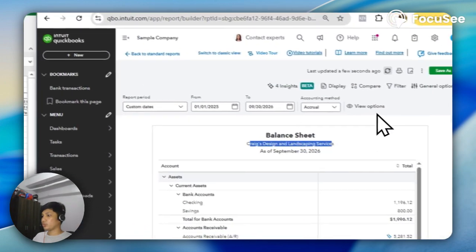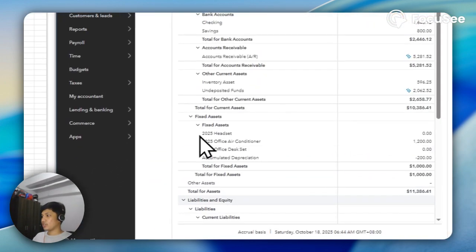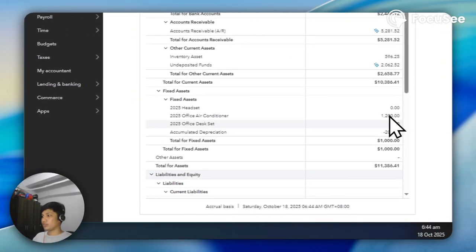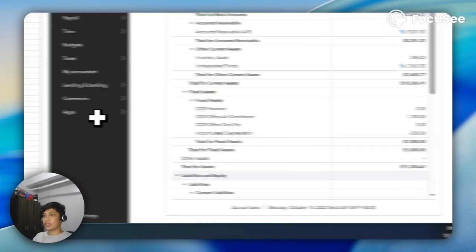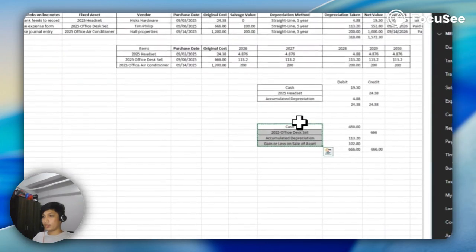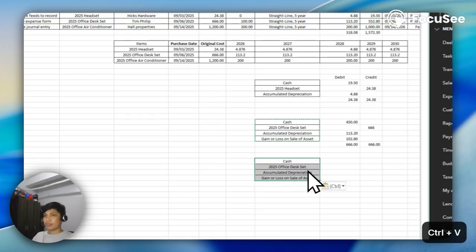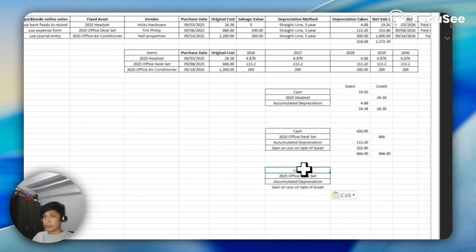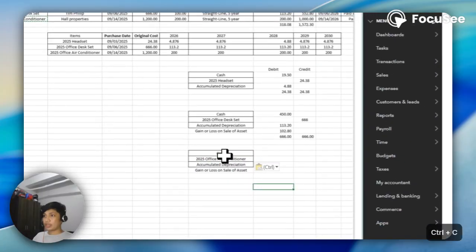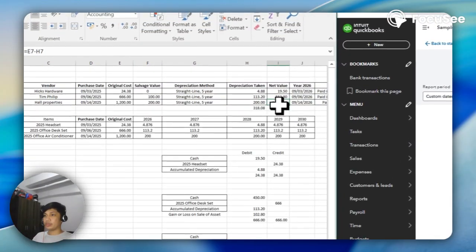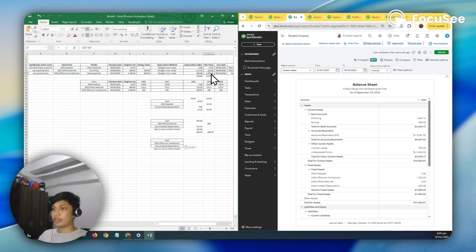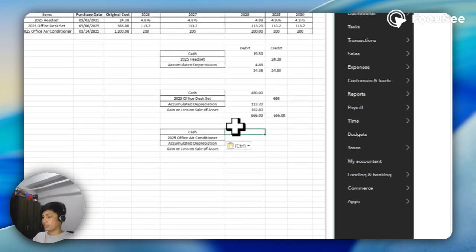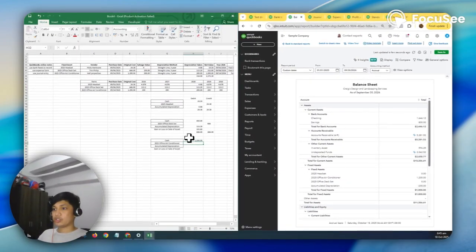I'm going to check the balance sheet. So now the office desk set has been zeroed out. And next is the third one. I'm going to copy paste it. In this case, for the air conditioner, I will sell it above the net value. Instead of 1,000, I sold this for 1,050 US dollars.